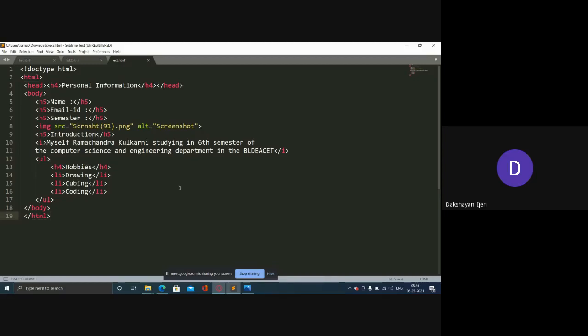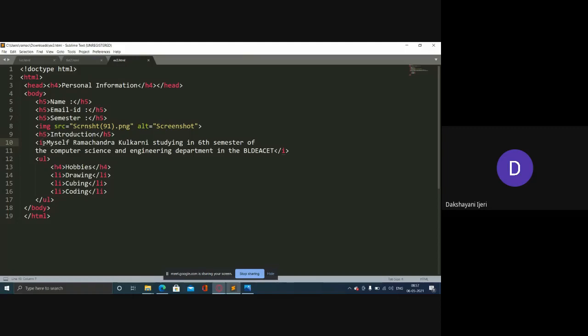But can you name any other element which we discussed in the last class to make the text appear italic? No, ma'am, not remembering. Yes, the emphasis element. If you remember the inline elements that we discussed in the last class, the EM element is also used to make the content display in italics. So whichever text you want to appear in italics, begin with EM and end with EM here.